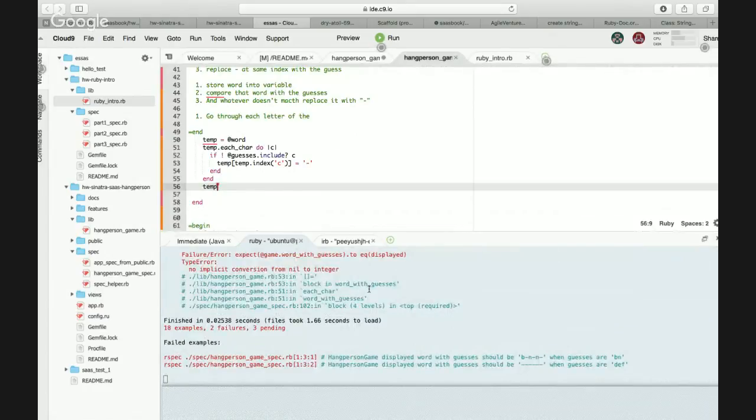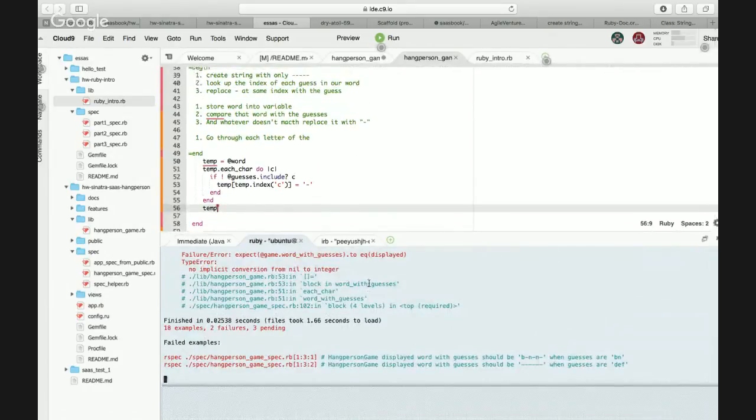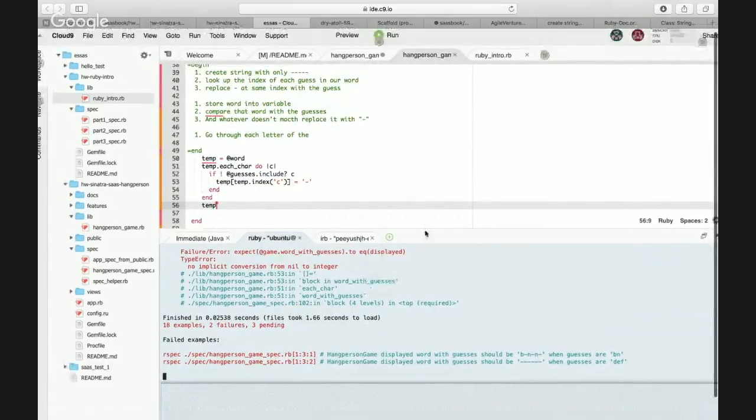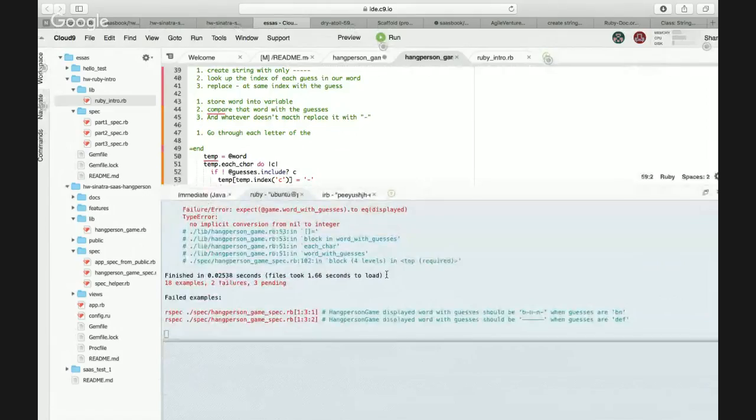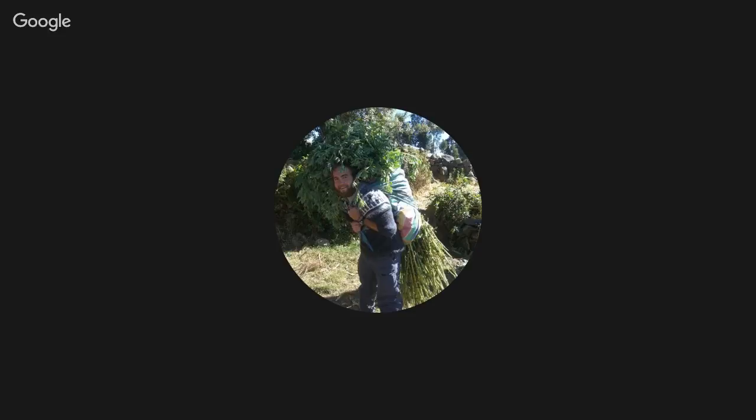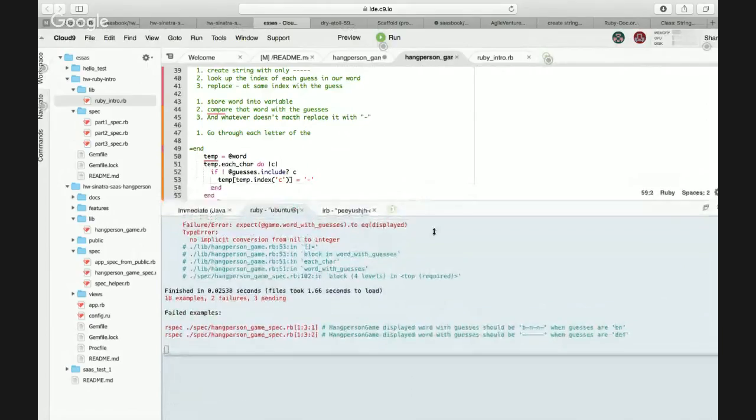Let's see. It didn't work for the case of B and N. Do you see the second failure? I'm checking. Any guesses there?